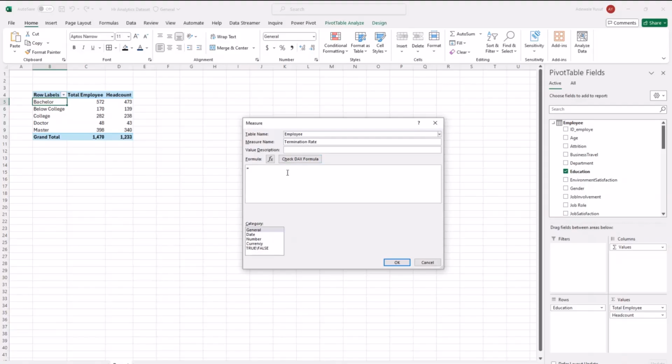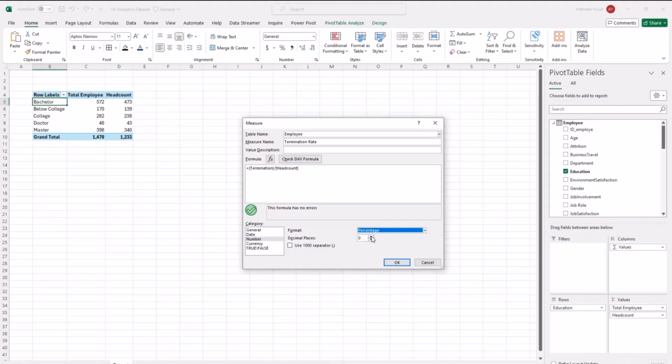rate, right? And then I'm going to use my square bracket again to call the measure that I've written before, and you type termination. So you can see termination, right? Divided by head count. So you can also type head count here. So just these two. So you check your formula, it's all good. You use your 1000 separator if you want to, but I think this is just a division. So it's probably not going to be a decimal number.